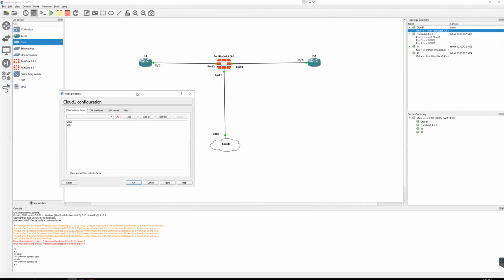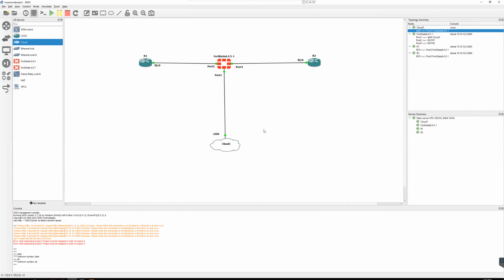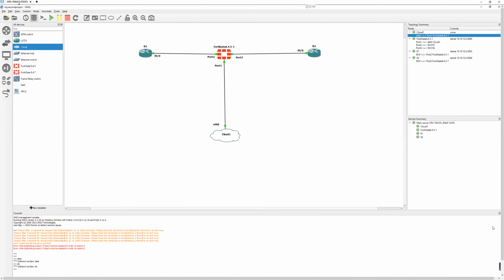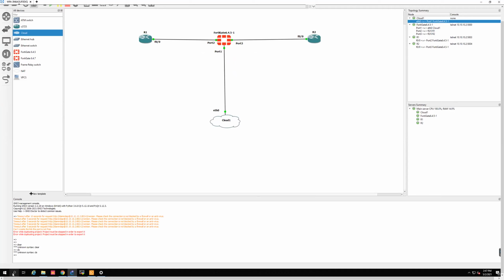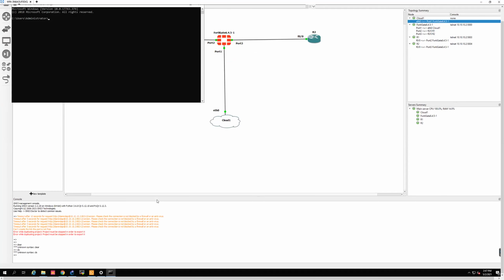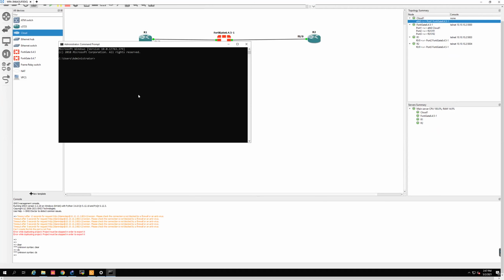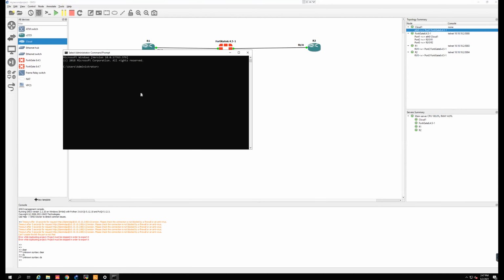Can you please cancel this and open your command prompt? Command prompt. I'm opening, I can't see. Type ncpa.cpl. ncpa.cpl.